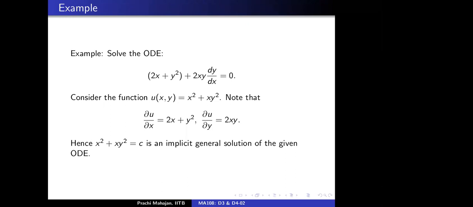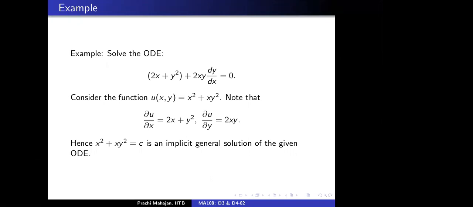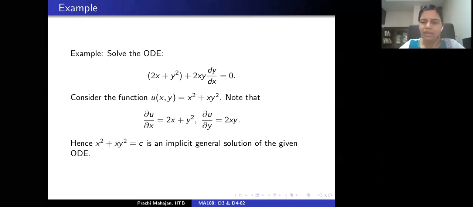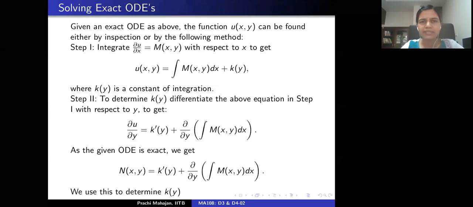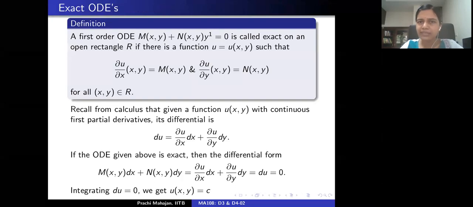Okay, all right. Ma'am, I just had one doubt. Can we define U for any such ODE, or are there some special ODEs only? If at all we can find such a U, then we say such an ODE is exact. I'm not saying that it always exists. Whenever there is a function U such that this happens, then that ODE is exact. Every ODE may not be exact. Some ODEs are exact. If they're exact, then you can use this technology to solve it.